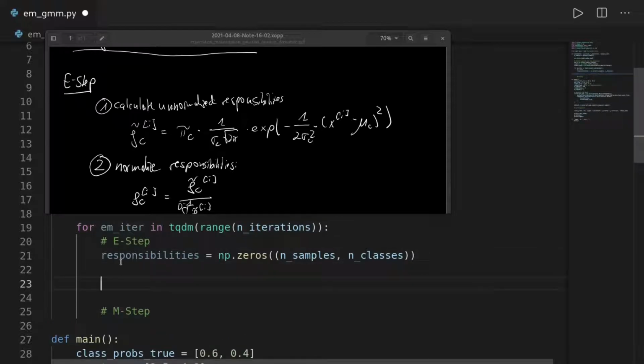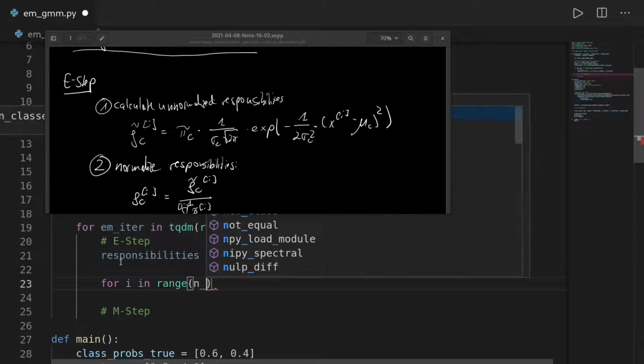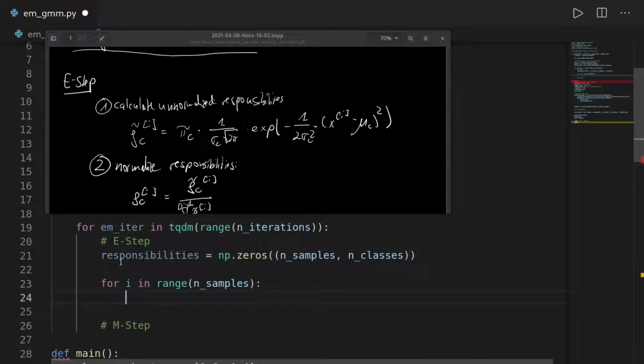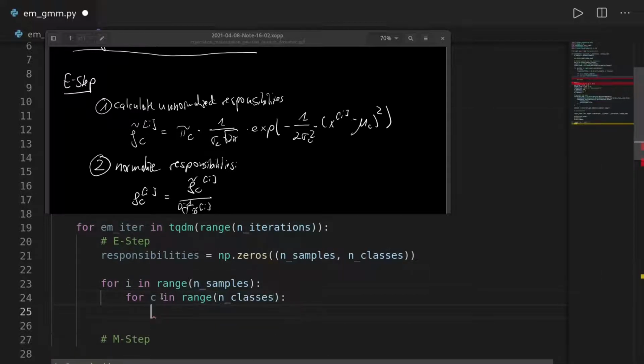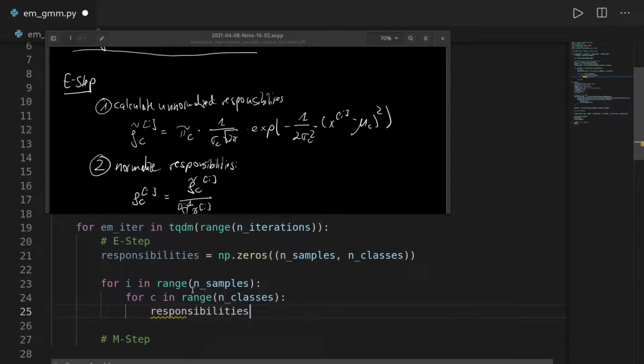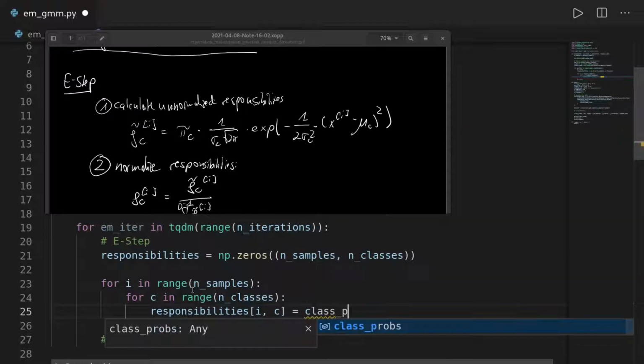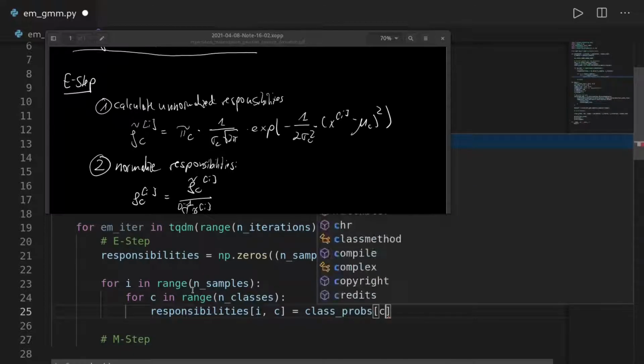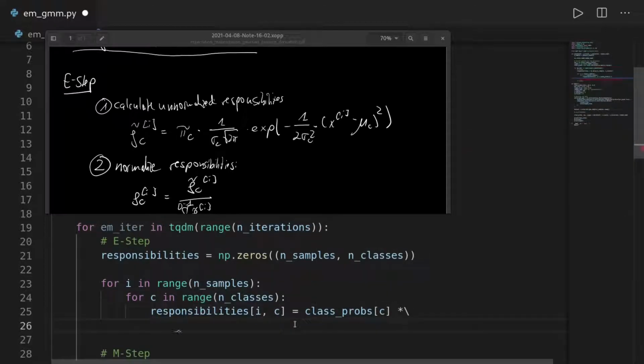Let's iterate over the rows and the columns. So let's say for i in range of n_samples, for c, let's call it the class, in order to adhere to our naming scheme. And then we can fill them. So we have responsibilities at i, j is equal to the class probability at the j-th class times